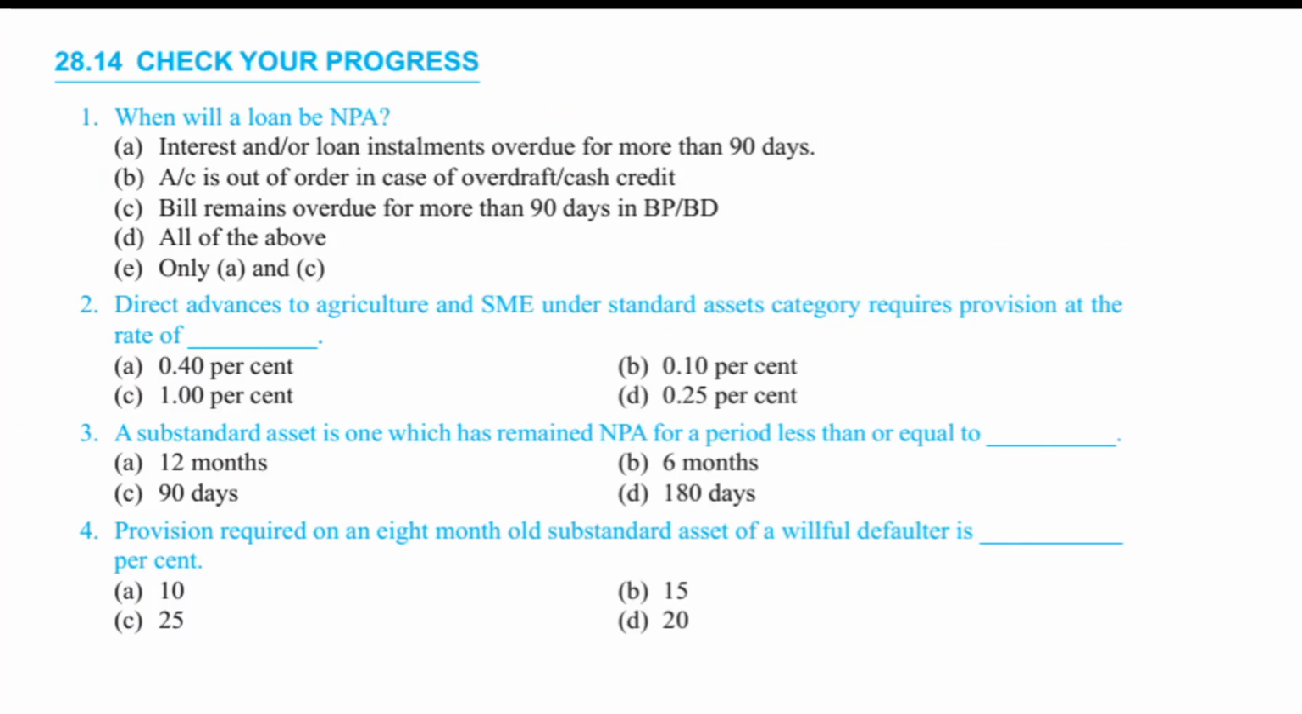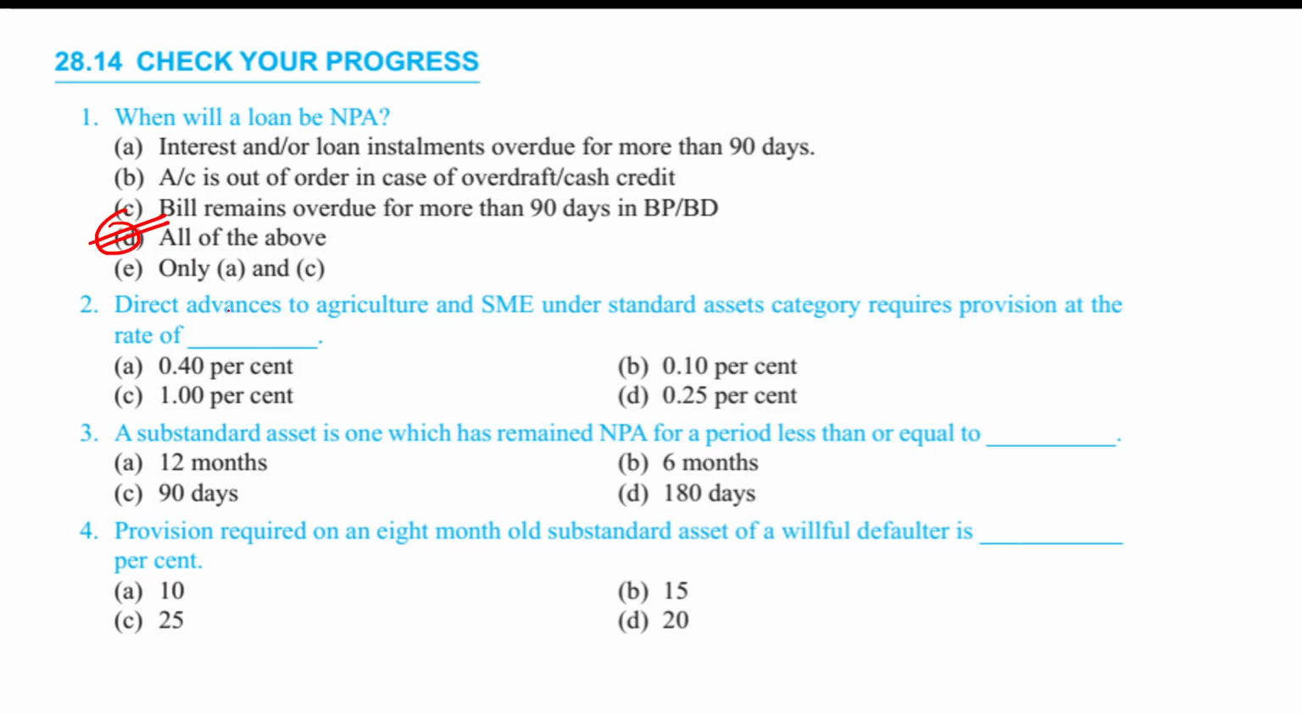Now, let's check your progress. When will a loan be a non-performing asset? Interest or loan installment overdue for more than 90 days, correct. Account is out of order in case of overdraft or cash credit, correct. Bill remains overdue for more than 90 days in BP or BD, so all of the above is the correct